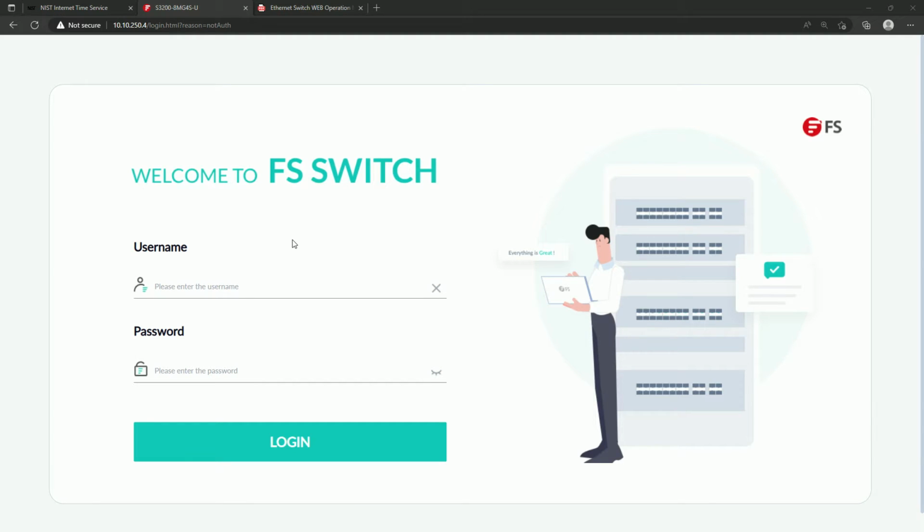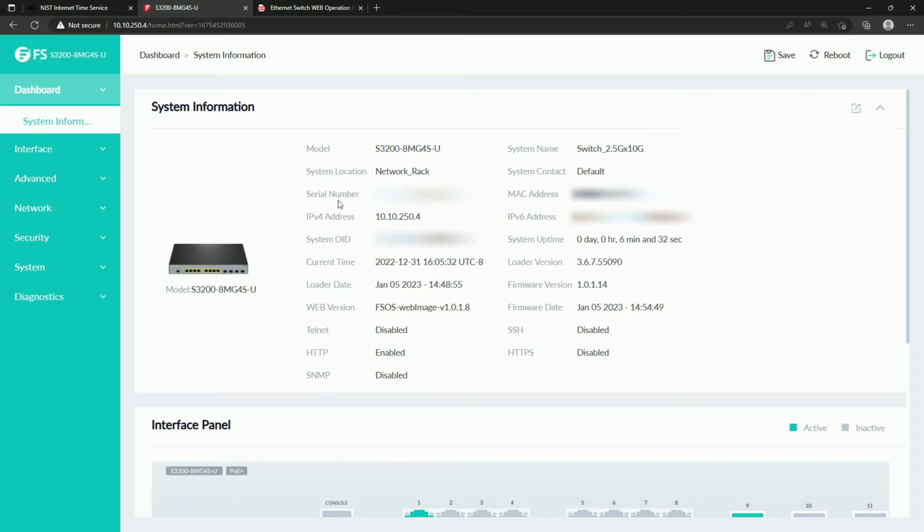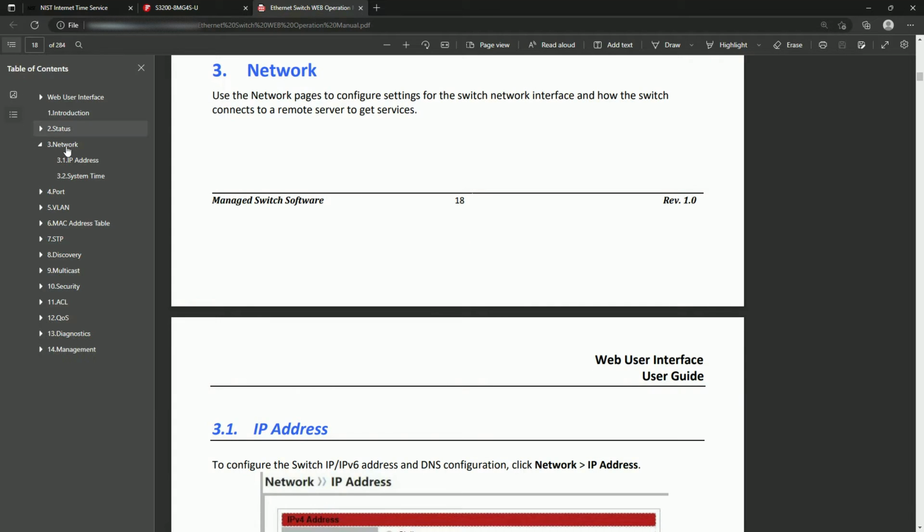Video to cover the issues in getting SNTP to connect. Log into the switch here. Now, according to the guide that was sent for the web operation, we should be here in section 3 for